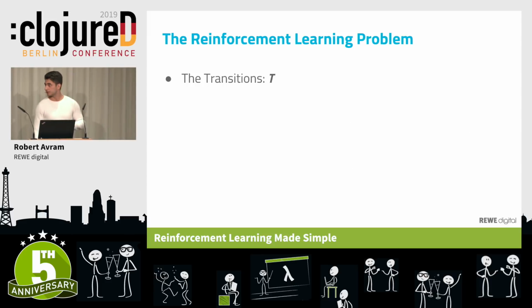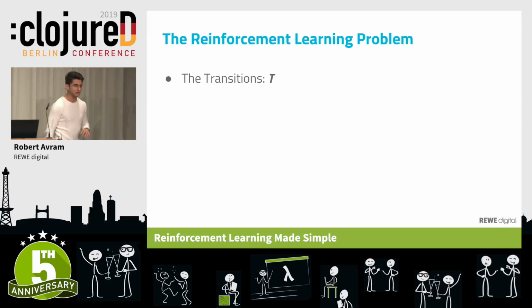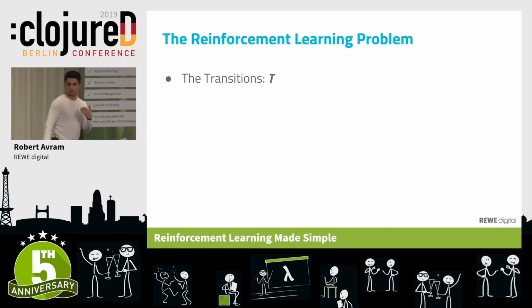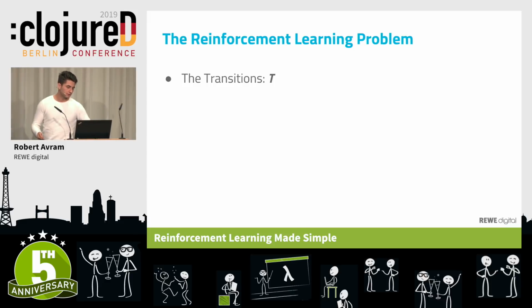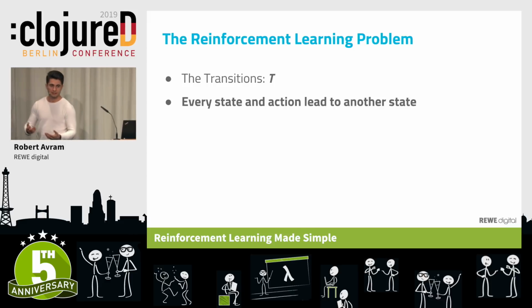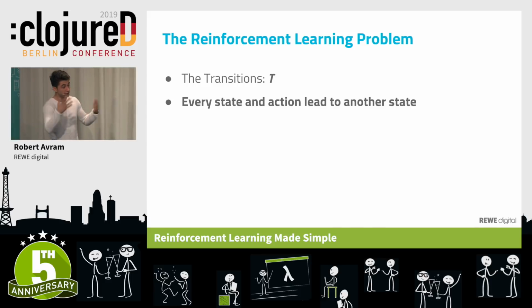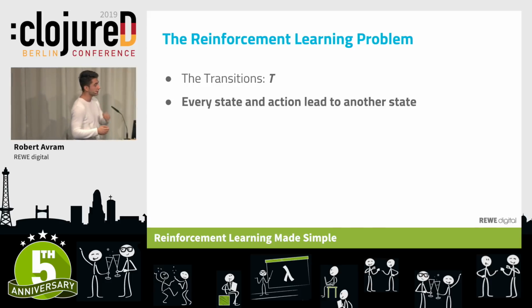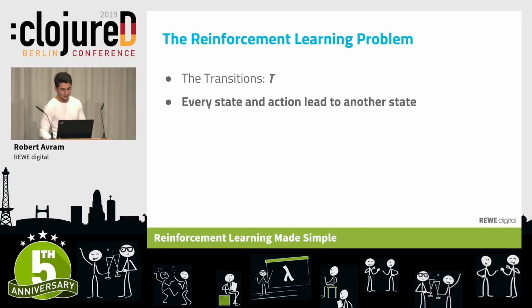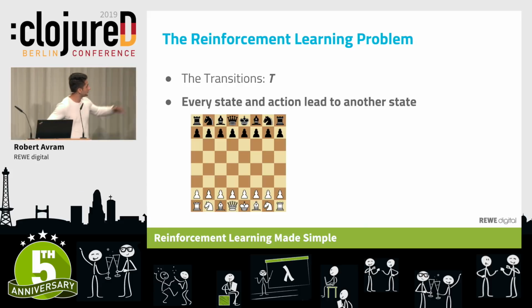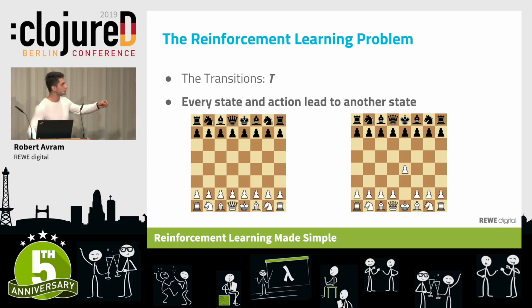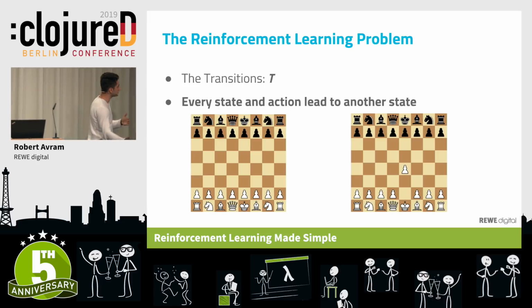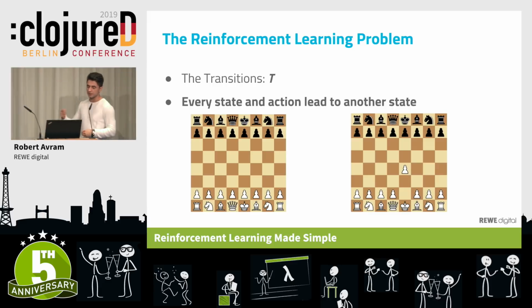Now, the next quantity is the so-called transitions. I'm going to be done with these in a second. So the transitions, or the transition space, is basically what happens after I make a choice. Every time I visit a state and I pick an action, I automatically transition, or the agent automatically transitions, into a new state, where he has to repeat the process. Now, if you think about it in chess, if I'm given a position of pieces, and I choose to move a piece, once I've moved the piece, I get a new unique position, which means a new state, where I have to reassess my state, so to speak, and do the same, pick another action.